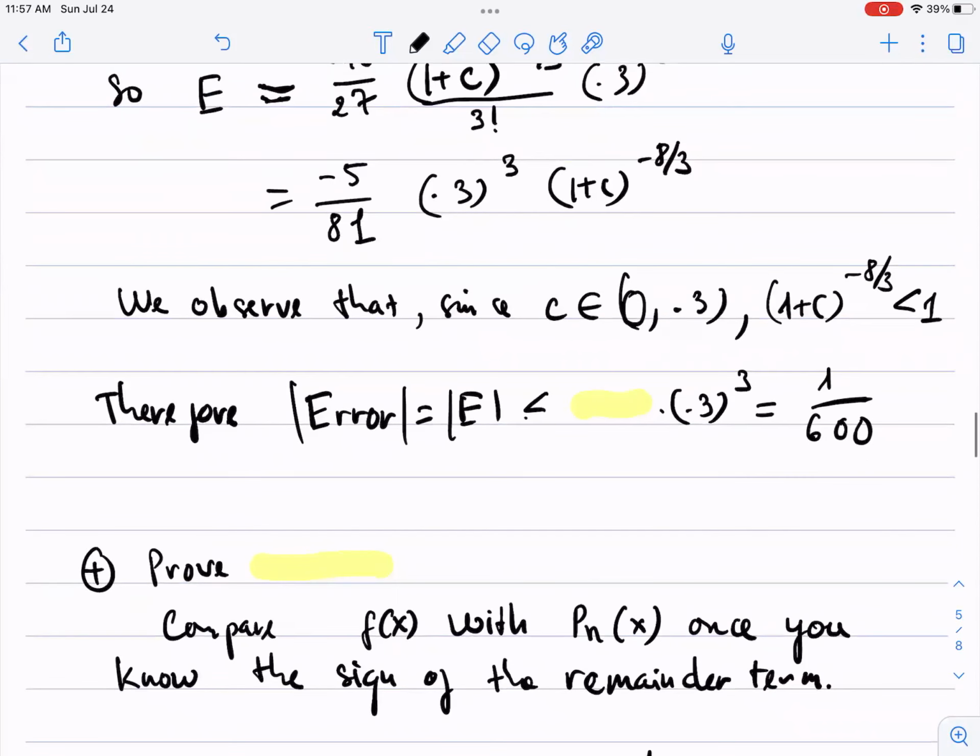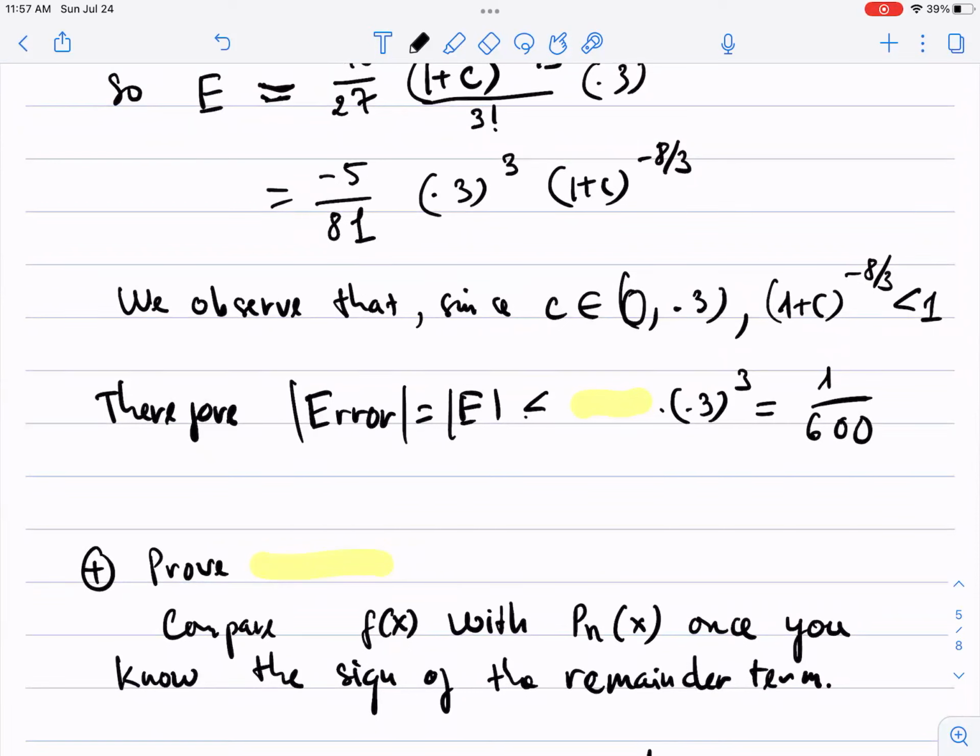Since c is between 0 and 0.3, we can estimate that (1 plus c) to the minus 8/3 is smaller than 1. This is a very rough estimate, but it's sufficient for our purpose, because now the error in absolute value is smaller than or equal to 5 divided by 81 times 0.3 cubed times 1, which simplifies to about 1/600. So